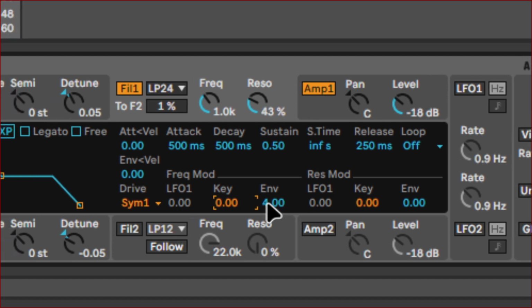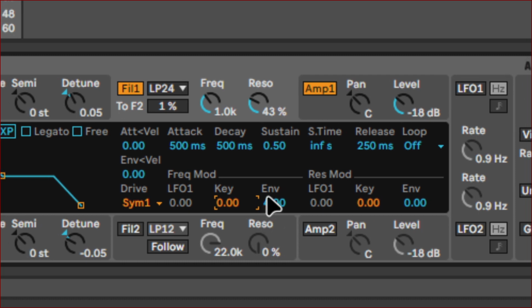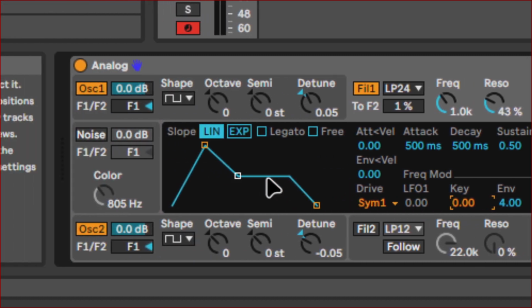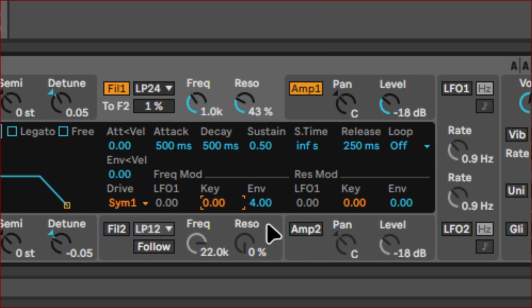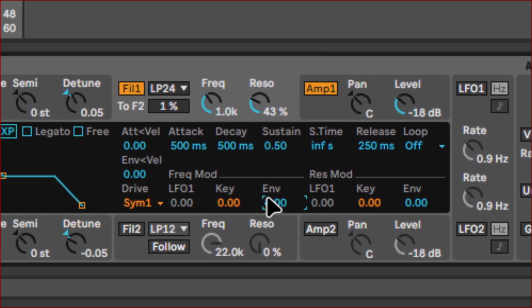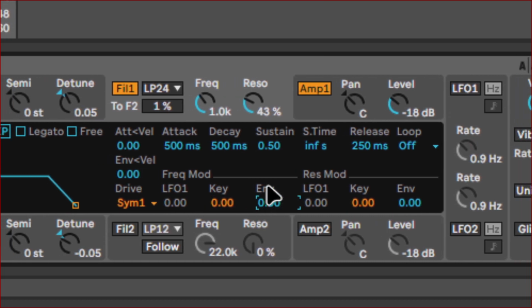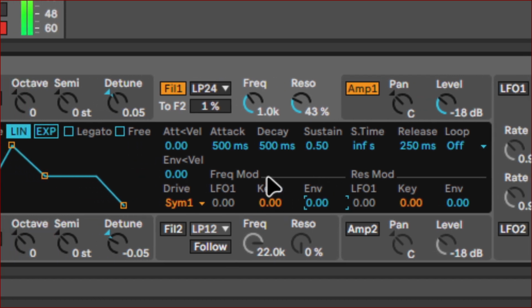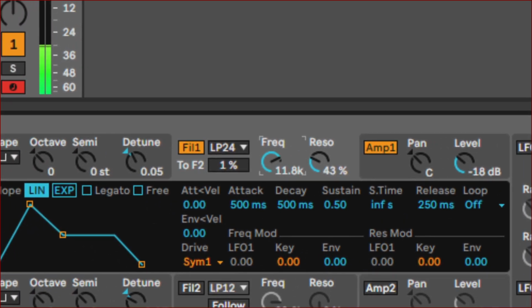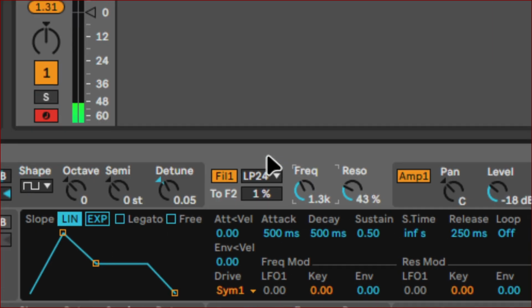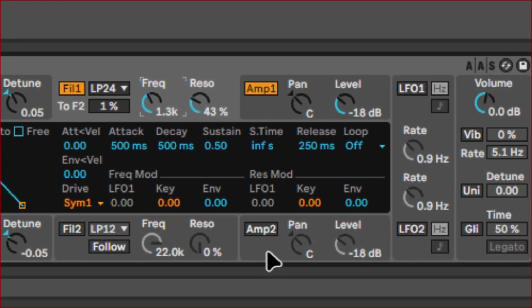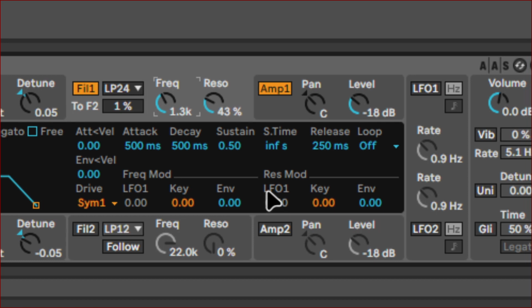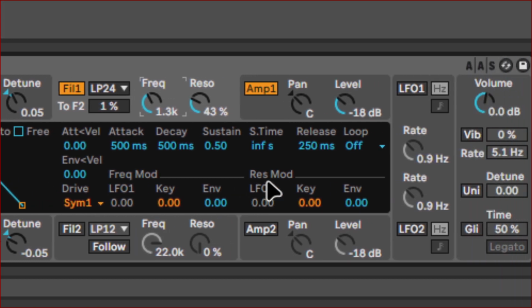And this is envelope amount. Once again, it's a range of 0 to 4. So 4 means this envelope is completely controlling the cutoff frequency. We could turn this off by typing 0 here. And so we can set a stable cutoff frequency there that doesn't change. Alrighty, so over here,